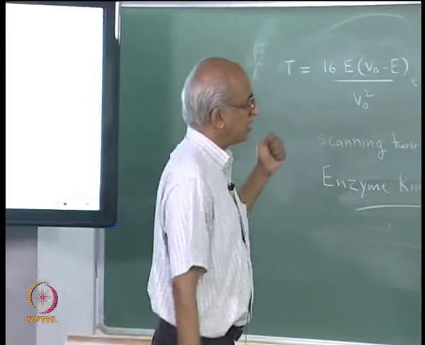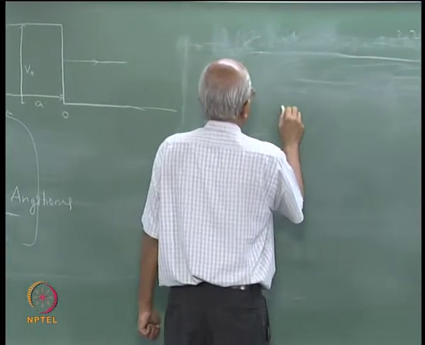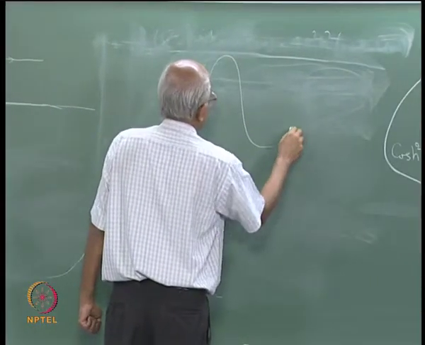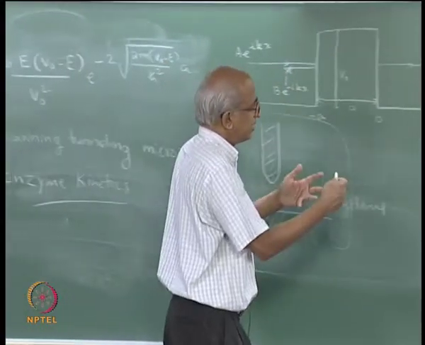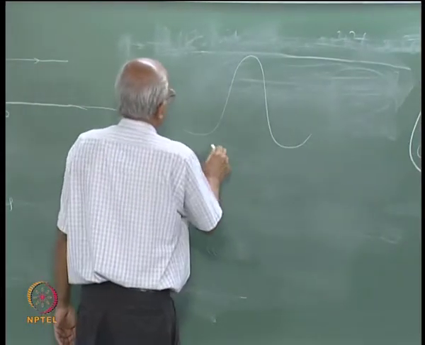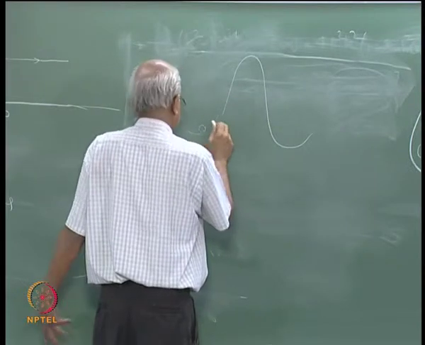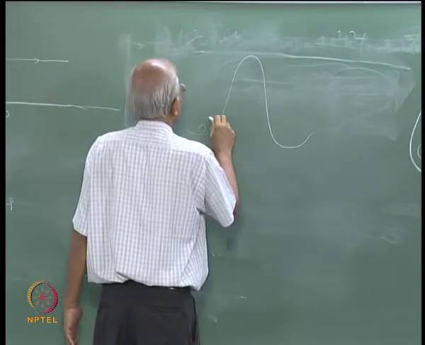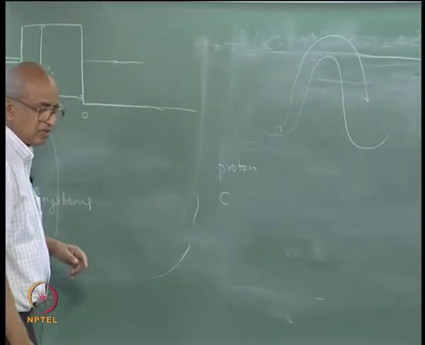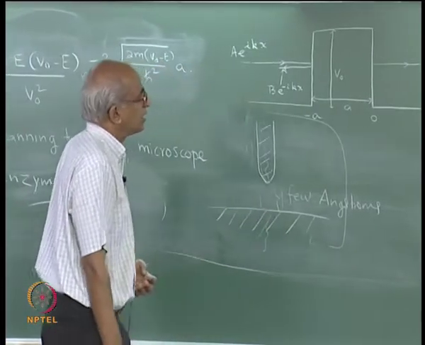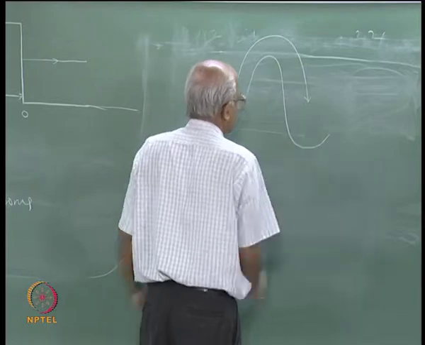I suppose you know a little bit about chemical reactions. Whenever you have a chemical reaction, there is a barrier that the system has to cross. The barrier is usually represented by something like this. Imagine you have a proton on this side; the proton has to climb over the barrier to the other side, which we normally call thermal activation. But on the other hand, because the proton is a quantum mechanical object, it is possible for the proton to tunnel over the barrier and go to the other side.